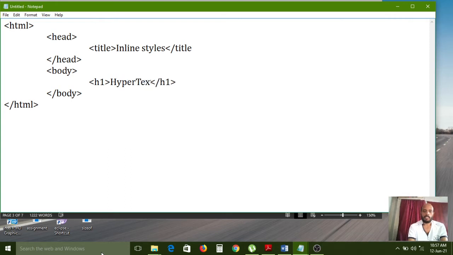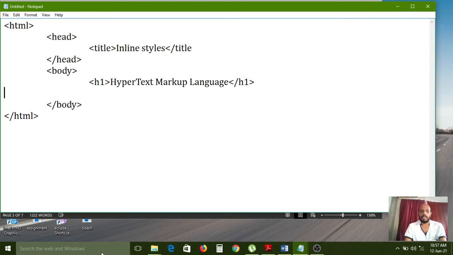Hypertext markup language is my heading 1.